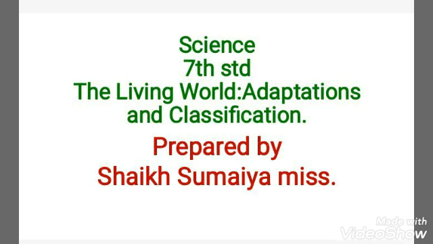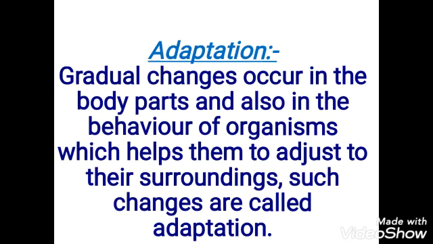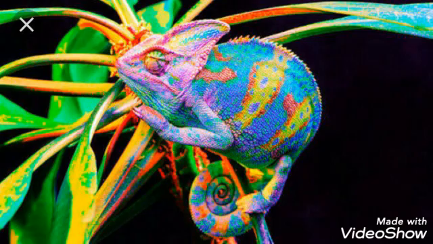Today we are going to study the 7th standard science, the living world, adaptation and classification. Adaptation. Gradual changes occur in the body parts and also in the behavior of organisms which helps them to adjust to their surrounding. Such changes are called adaptation. For example,